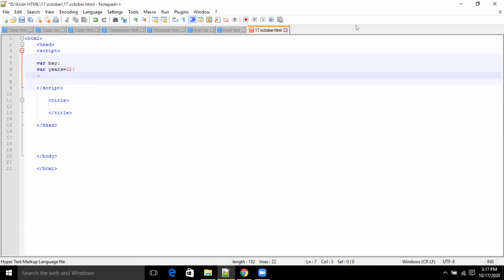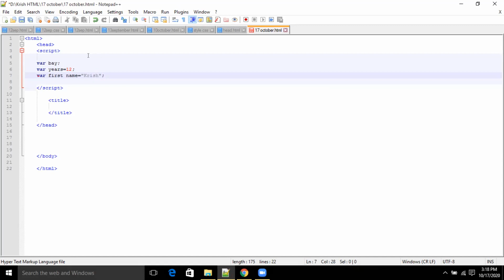Okay, write var space. Let's give a variable name as firstName. Just write firstName equal, and give in double quotes, give your name. Put double quotes, close it, and put a semicolon.